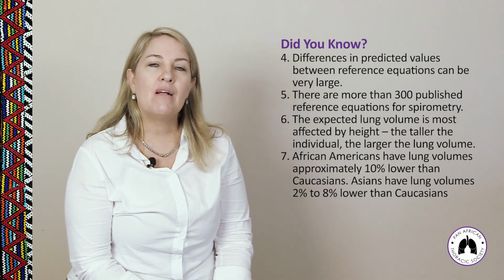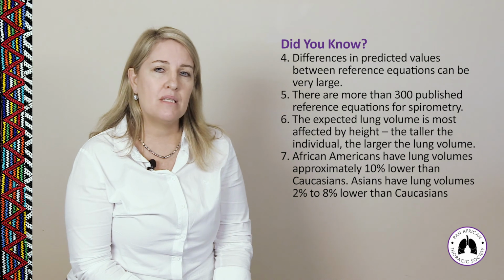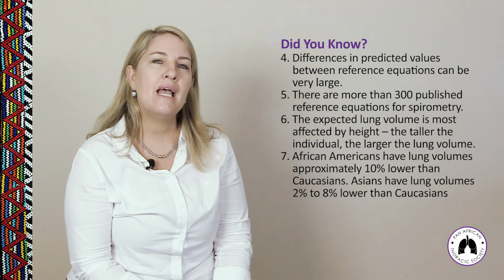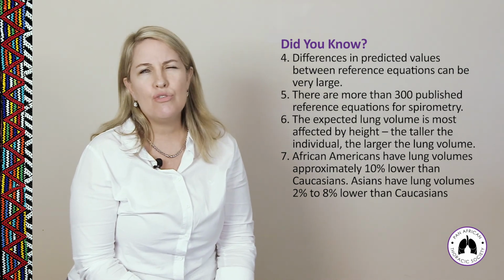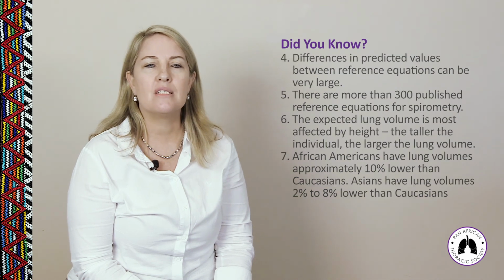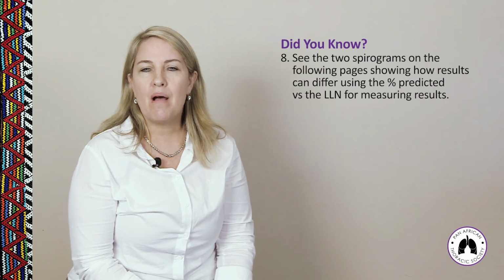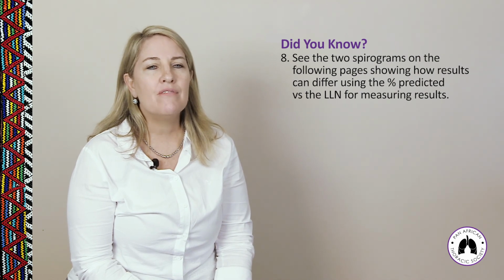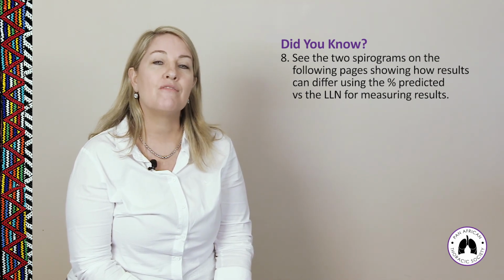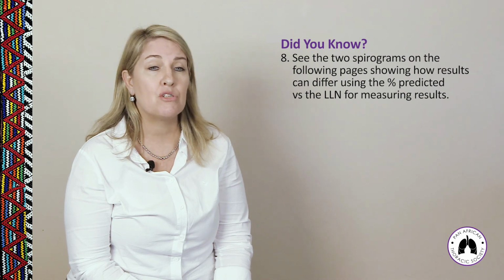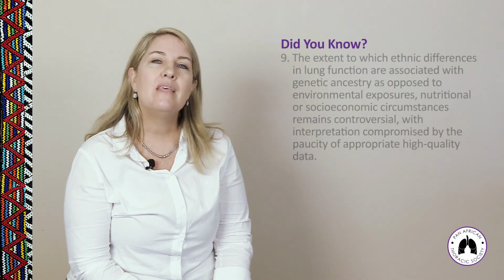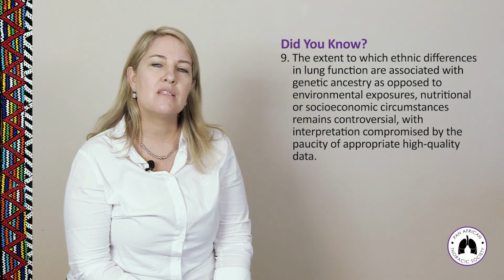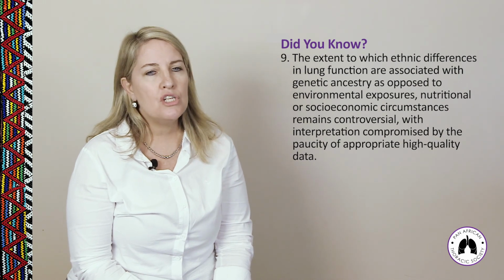African Americans have lung volumes approximately 10% lower than Caucasians, and Asians have lung volumes 2 to 8% lower than Caucasians. See the two spirograms in the following slides that show how results can differ using the percent predicted versus the lower level of normal for measuring results, and the extent to which ethnic differences in lung function are associated with